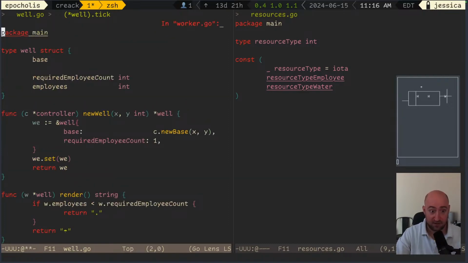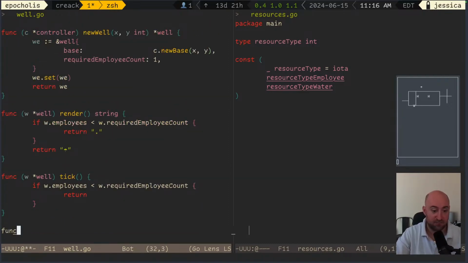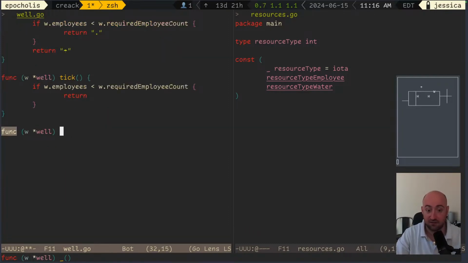So maybe we can say, again, I have no idea what I'm doing at this point, but we're trying and trying. So let's say consume resource. Consume resource, that is going to be